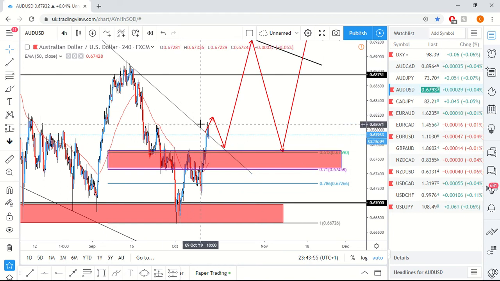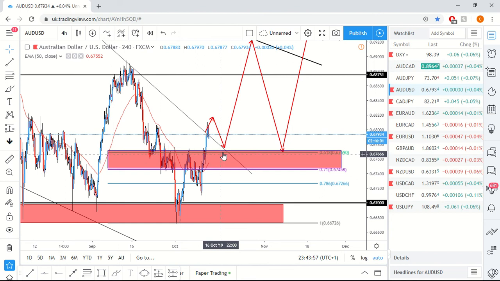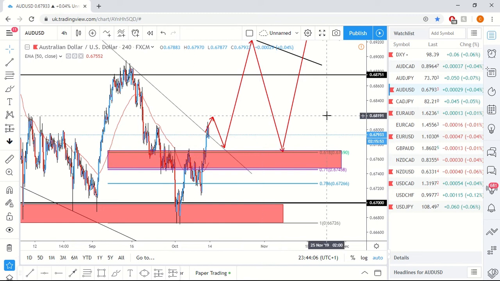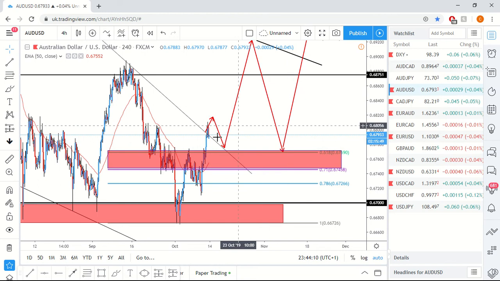However, here we'd want to look for our moving average to be a bit closer to price. Obviously now we have seen a massive impulsive move, so the moving average is quite below price at the moment, so we can't use it too much as a guide. And we have only got a golden pocket region here, but for the long term move I'm expecting some sort of formation like this, so we could potentially get a long in the next few days, and then we can expect some correction and then possibly an even longer term long.